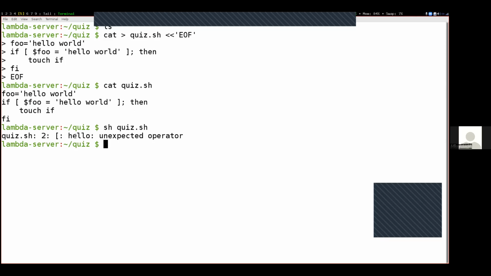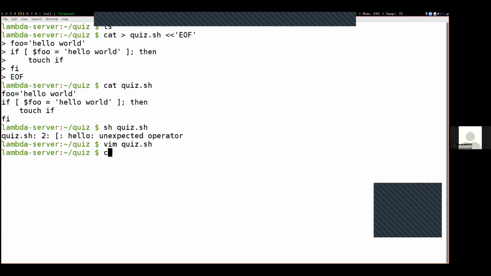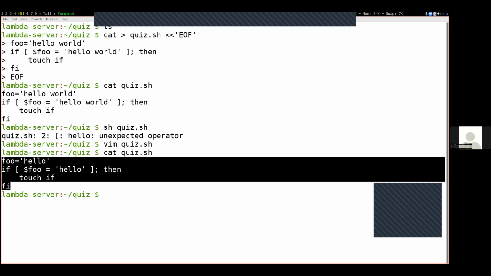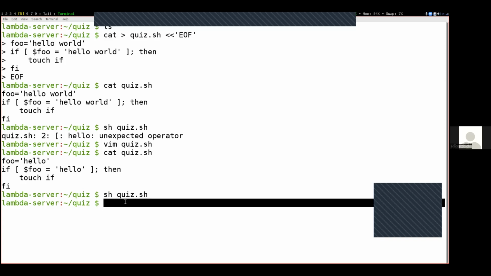I'm going to edit this. I got ahead of myself adding the space right here on accident. So foo equals hello, $foo equals hello world, cat quiz.sh. I believe this is the actual contents of what I put on the first problem with the quiz, and sh quiz.sh. It runs it, just goes through line by line as if you were typing it into the terminal. It's like copying it and pasting it into these terminal